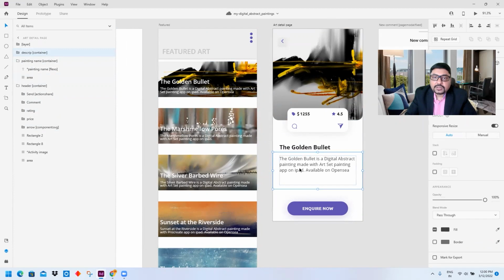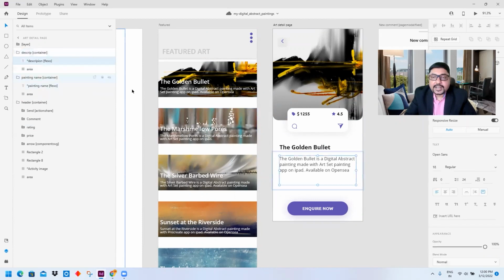Also, this descriptive text is set as flexo. If you write a flexo tag here, you can have this text as a free flow. It will automatically scale as much content goes inside it. We will go into flexo in a different video, but that is what flexo does. It makes your text auto resizable.